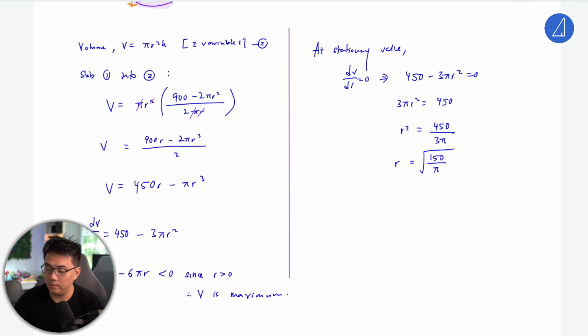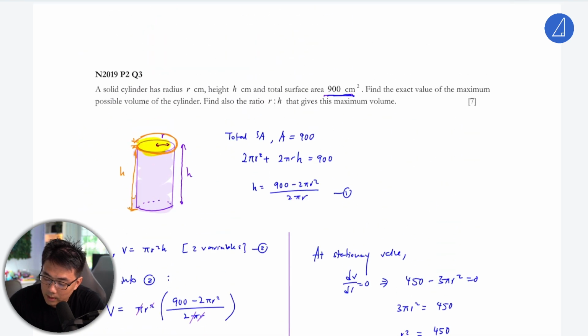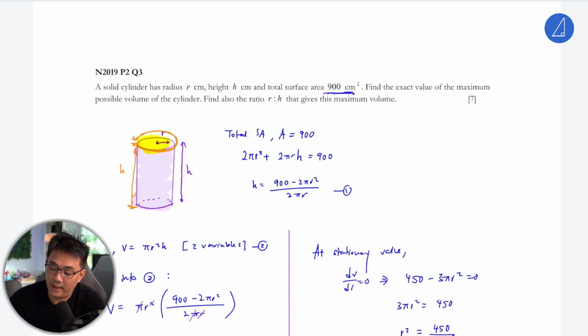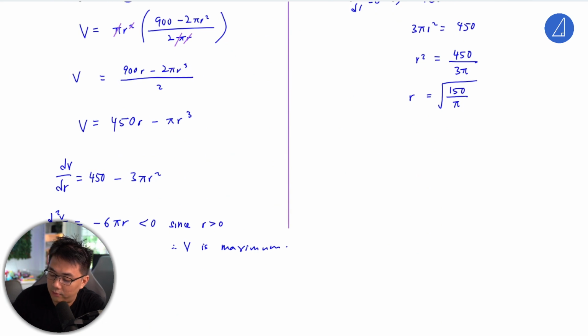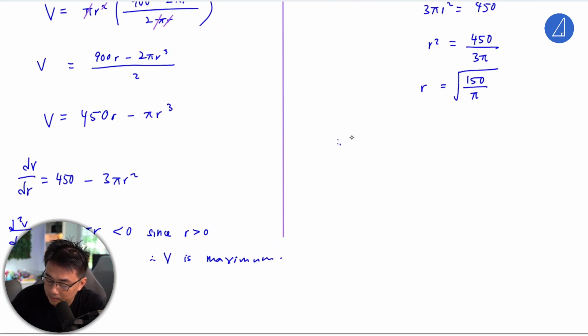Okay, so that's dV/dr. That's it. Now that that is done, find the exact possible maximum volume of the cylinder. So the possible maximum volume, just key in V here. So hence